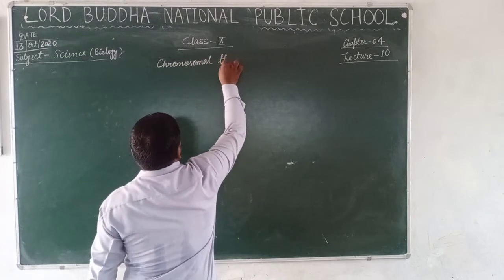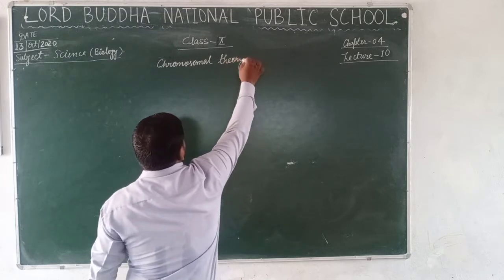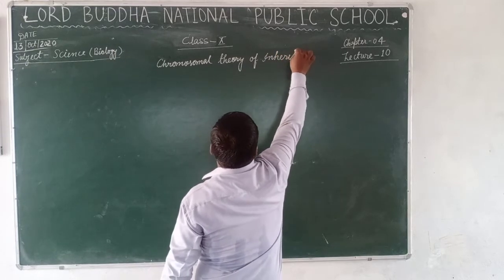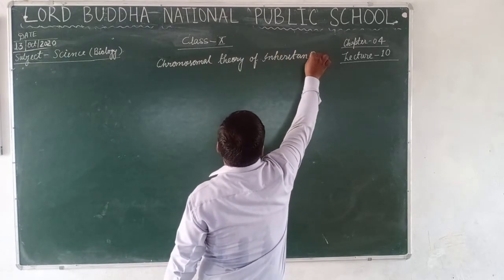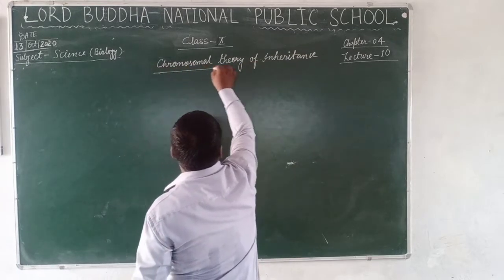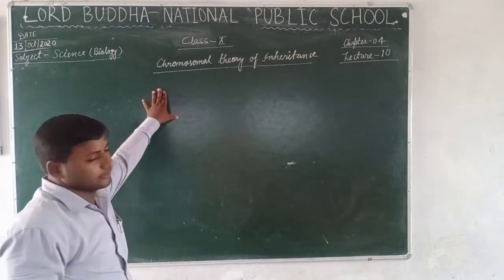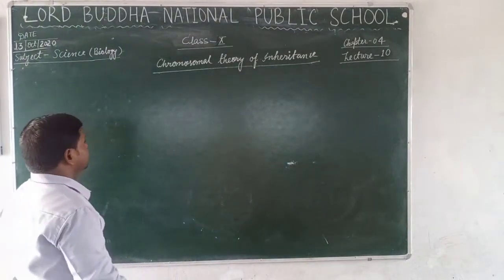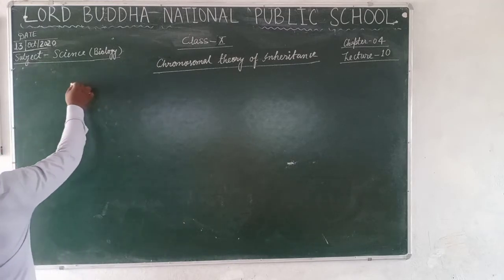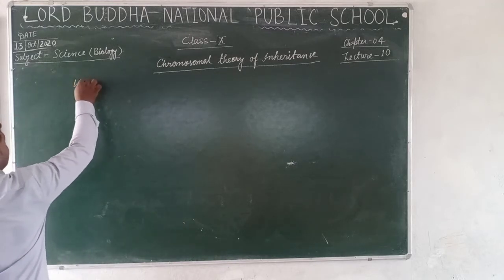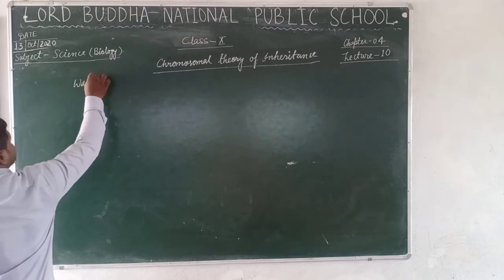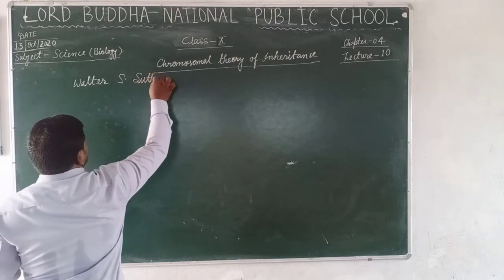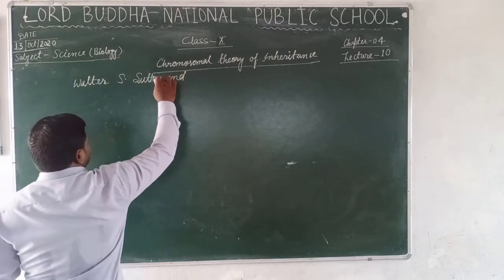Chromosomal theory of inheritance. Okay, students, what is the chromosomal theory of inheritance? Students, it was first given by Walter S. Sutton and Theodor Boveri